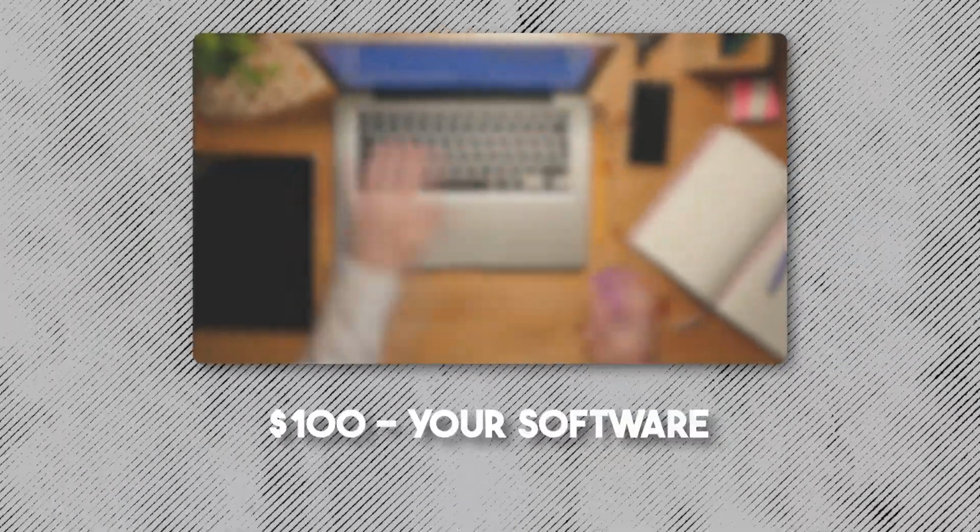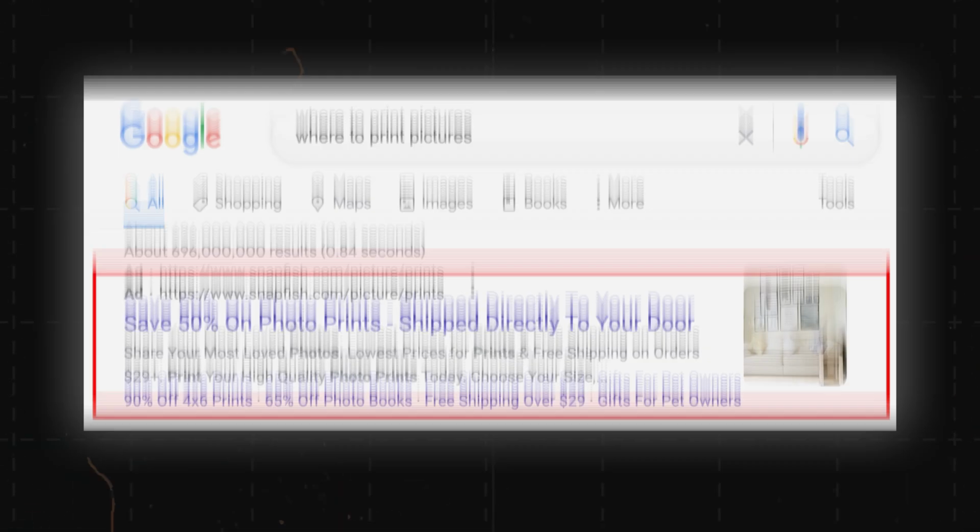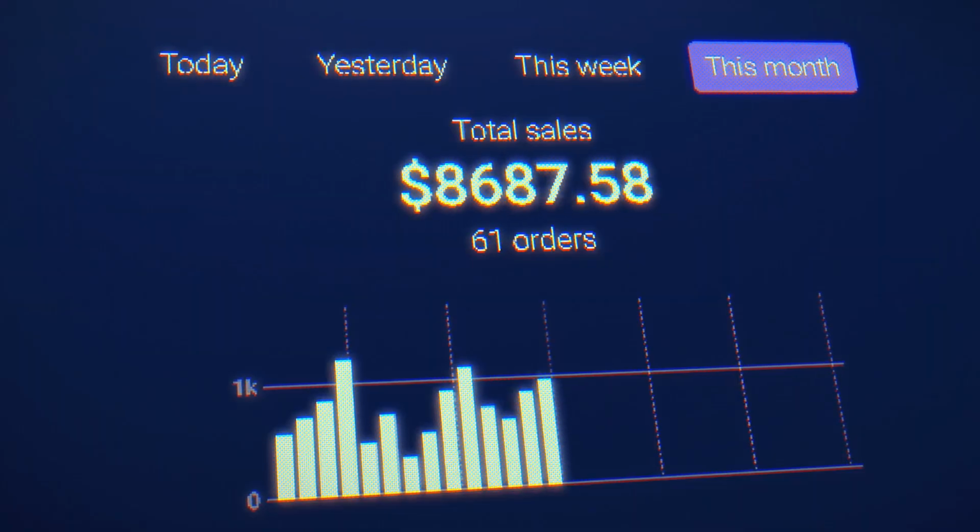So you'll be making $100 a month on your software, and then you'll be making about $1,000 a month managing something. And so this goes back to the Google Ads analogy that we talked about a little bit earlier. There are millions of small businesses across America that don't have any idea what they're doing when it comes to creating a funnel, creating a website, creating a Google ad. And they're either trying and failing miserably, or they're just not trying because they don't know it's possible. These guys do not have a problem paying $1,000 a month to an agency if the agency can actually get